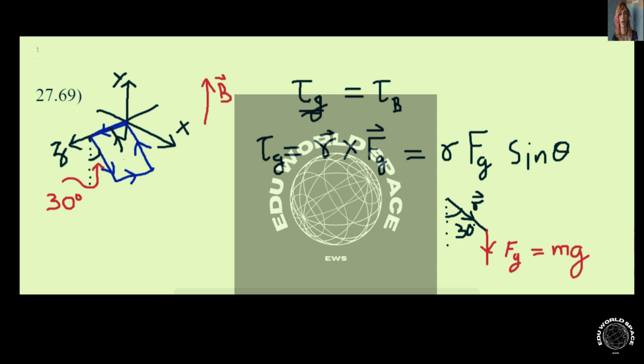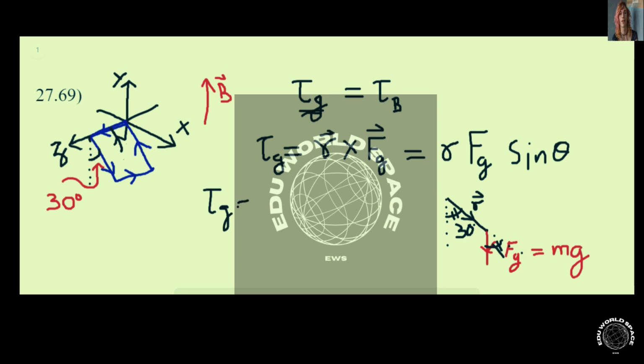This is the angle between this vector and this vector, because if I were to extend the vector r, then this angle is the same as this angle. That's just geometry. So that means I can write the torque due to gravity as